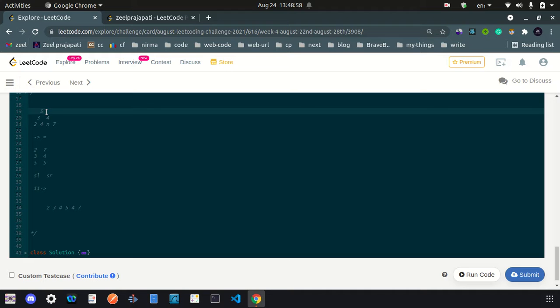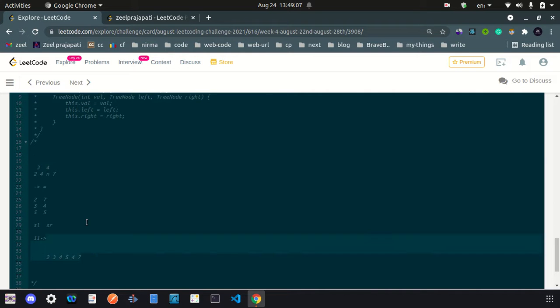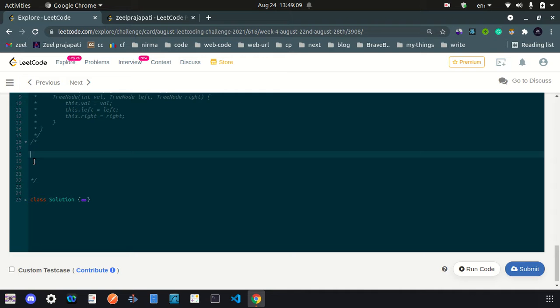Sorry for this mistake, but let's make it 3 so that our tree will be a valid binary tree. Let's say we have 5, then here is a smaller value, here is a bigger value, then we have 2 here, then 4 here, then null here, and 5 here, 7 here.